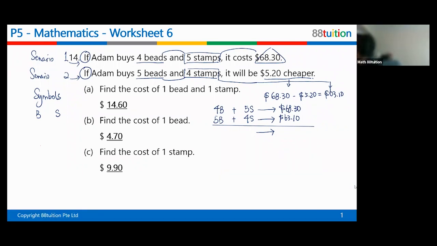So there is a reason why we want to find this pricing. We have a new pricing already, right? So I want to make use of the new pricing. Maybe I suggest this: I want to add these together. Since we have 4 bits and 5 stems, and 5 bits and 4 stems, I'm going to add these two together. Can I say the total is 9 bits? Yes. And the other side also gives me 9 stems.